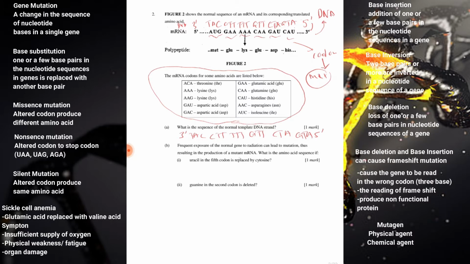Okay, frequent exposure of the normal gene to radiation can lead to mutation, thus resulting in the production of a mutant mRNA. What is the amino acid sequence if uracil in the 5th codon is replaced by cytosine? Okay, 5th codon, 1, 2, 3, 4, 5. So the 5th uracil here is replaced by cytosine. So GAC. GAC encodes for aspartic acid. It's going to be the same, aspartic acid. So the amino acid sequence is